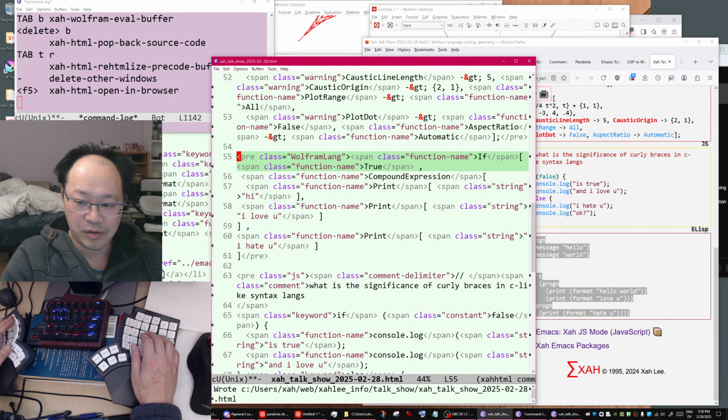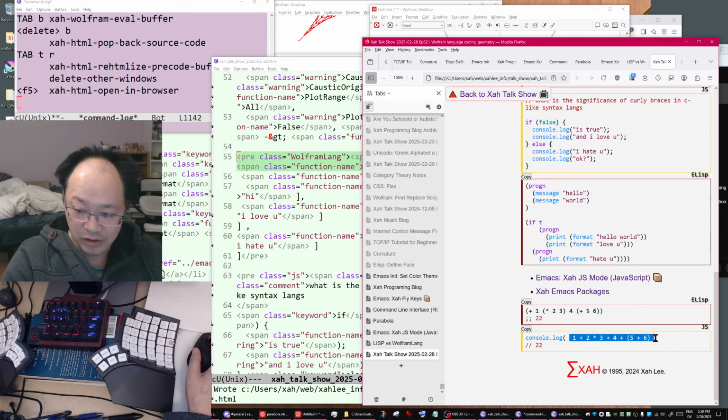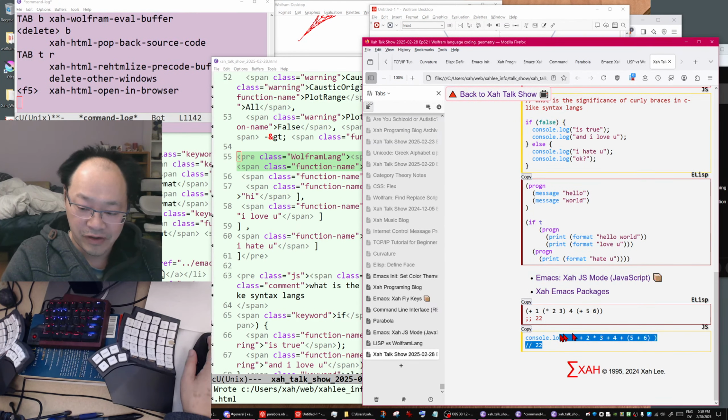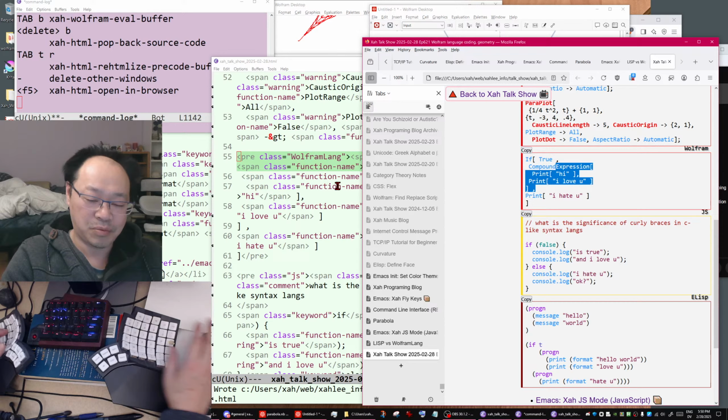Color demo, show in browser. So here is the Lisp version of arithmetic, and here is the JavaScript version of arithmetic. So the infix notation is much easier to read, okay. Now we digressed. Now let's go back to the compound expression.